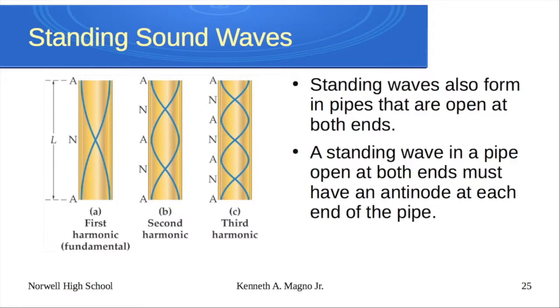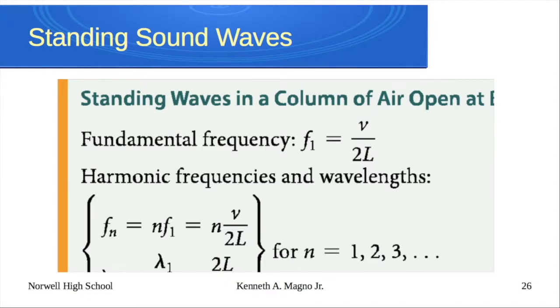As for the open tube, it would have to have an antinode at either end. So then our first harmonic or fundamental gives us basically that lambda is equal to 2 times L. And then it allows us to set up that second harmonic and that third harmonic, which is a little different. Okay, so standing waves in the pipe allows all the different harmonics. So there we end up with that f1 is v over 2L, and we can have every integer. So fn is n times f1, which is n v over 2L. Okay, so we're again just going to calculate f1 for the instruments, but we're going based on that. n equals 1, 2, 3, 4, so any integer for the harmonics that it could produce.